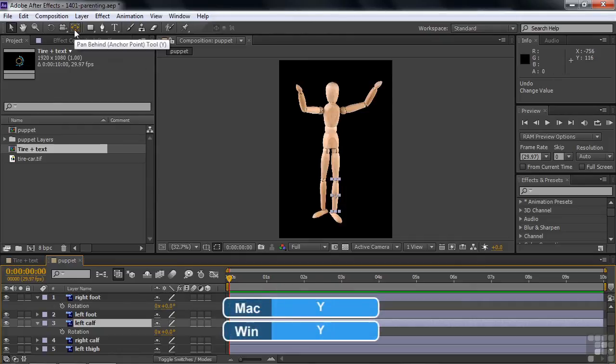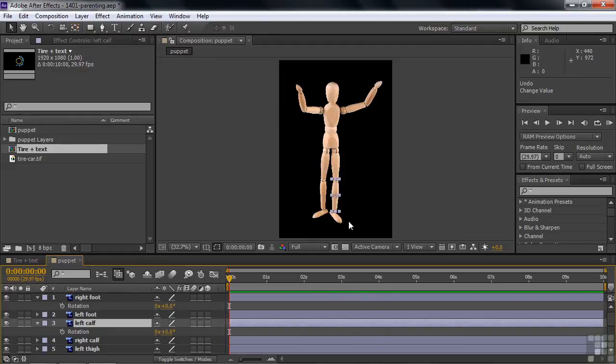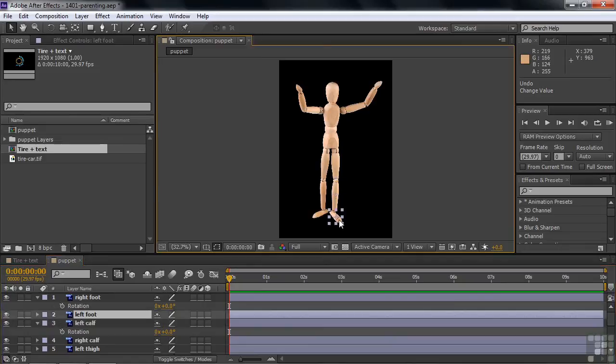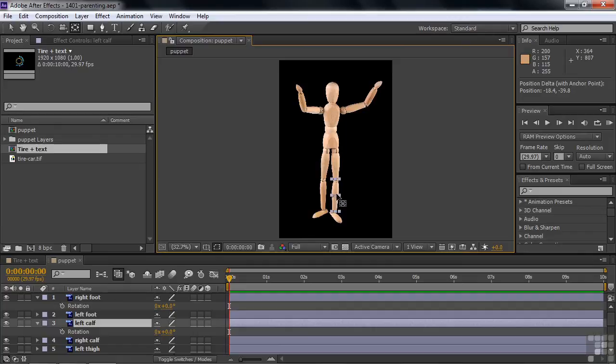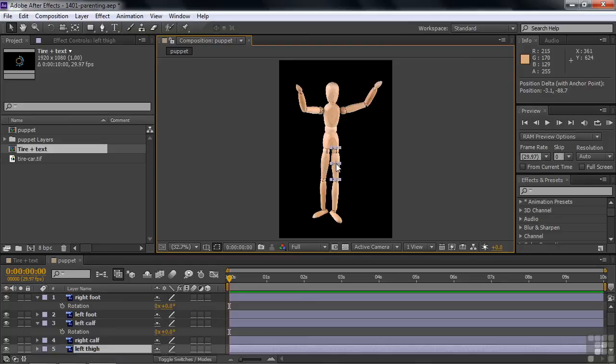But the easiest way to do this is to hold down Y and not let go, and that temporarily turns on the pan behind tool. So click on the foot there to make it active, hold down the Y key and keep it held down. Move the anchor point to right there. Let go of the Y key. Click on this guy. Click the Y key again. Move the anchor point to the knee now. Let go of the Y key. Click on the thigh. Hold down the Y key again. Move it in place like that. Good. Now that we got the thigh and the calf and the foot anchor points all taken care of,